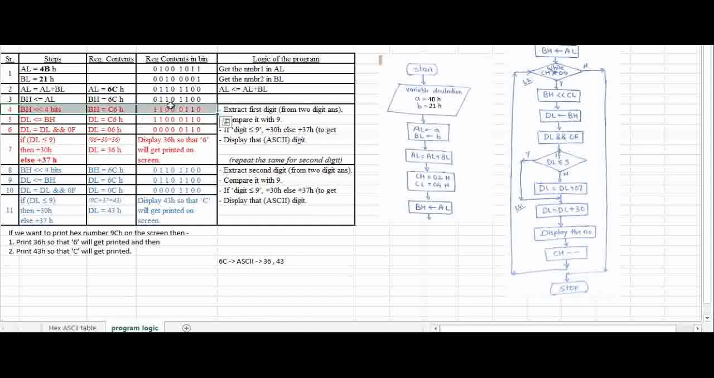So previously it was 0110, 1100, now it is 1100, 0110. So these numbers, you can see, have got swapped. Now in order to hide the alphabet C, we have ORed it with 0F. So for that purpose we have taken the content of BH, that is C6, into BL. We have taken the content of BH, C6, into BL register, and then